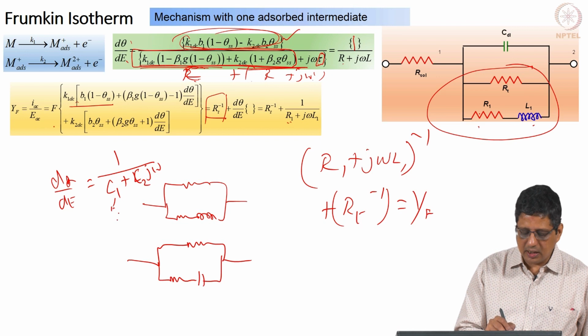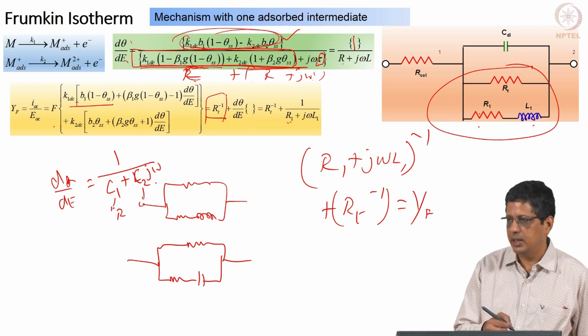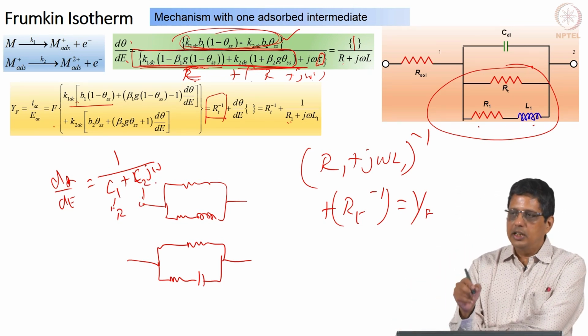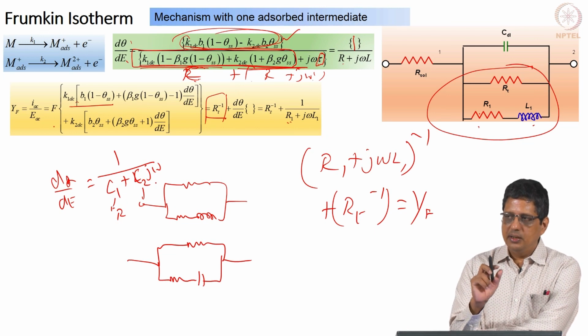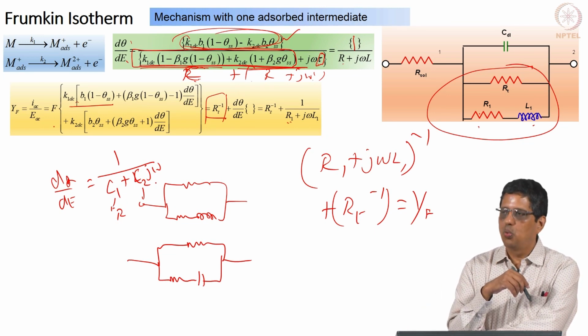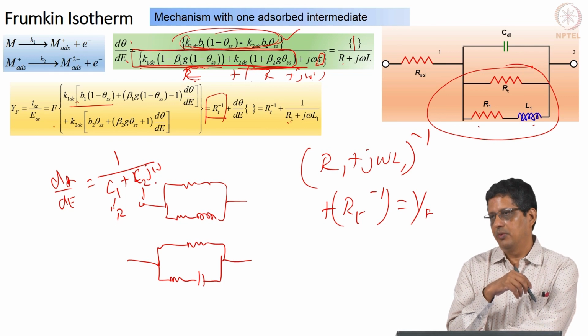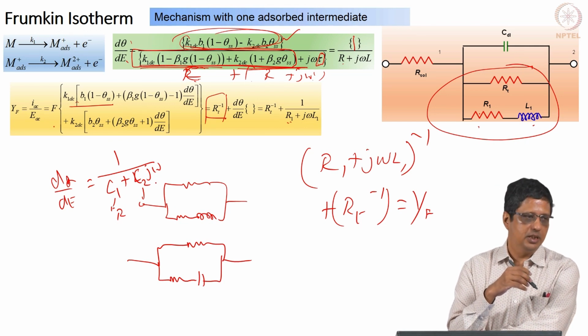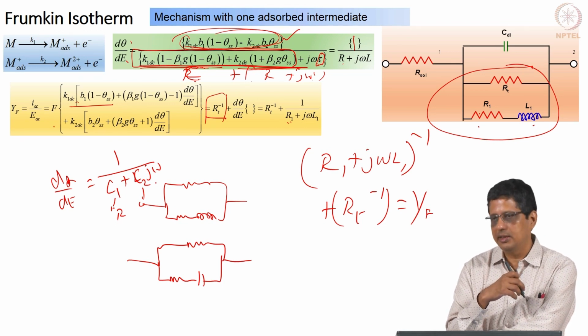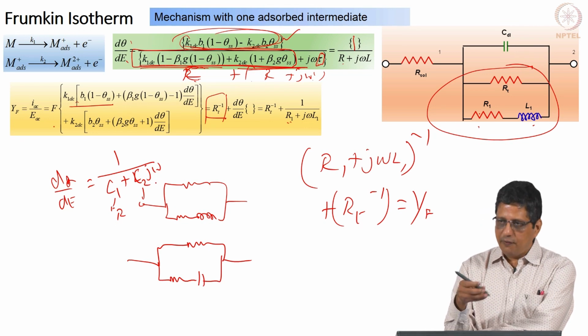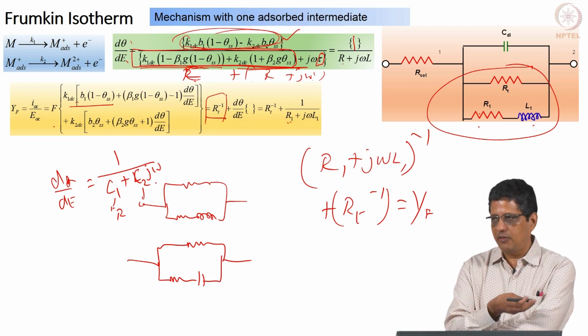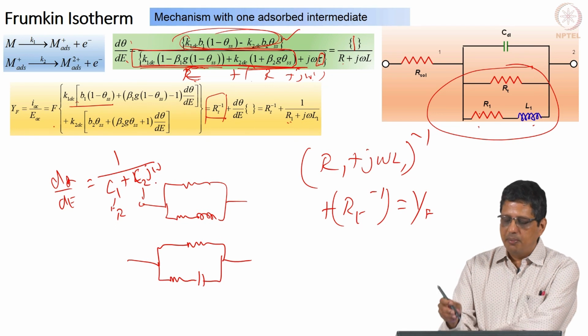I can call this as R, I can call this as L, does not matter. Ultimately it is one adsorbed intermediate, it is going to give rise to one Maxwell element. It does not matter whether it is Langmuir isotherm or Frumkin isotherm or Temkin isotherm. Of course, the values will differ depending on the rate constant values, but